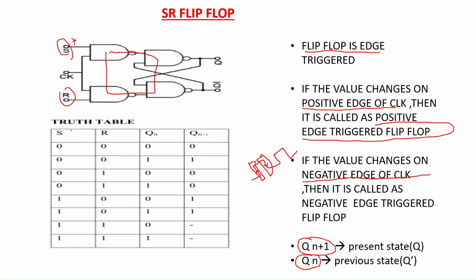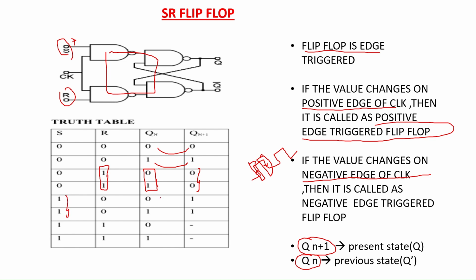This is the truth table of SR flip-flop. When S and R are equal to 0, the present state will be equal to the previous state. Then when the reset value is equal to 1, irrespective of the previous state, the present state Qn plus 1 will be equal to 0. When the set value is equal to 1,